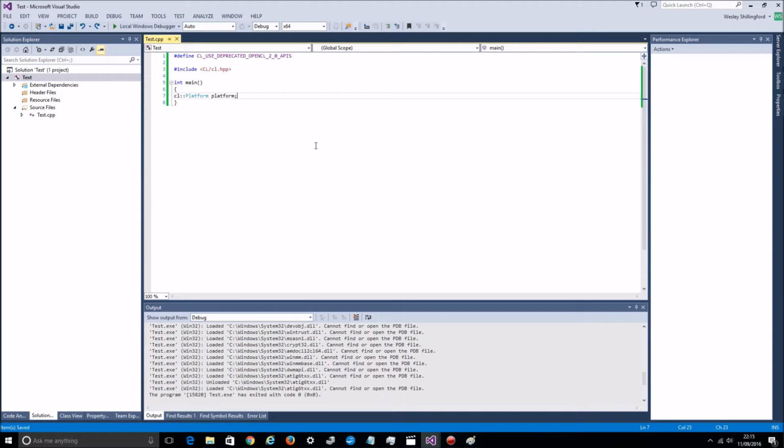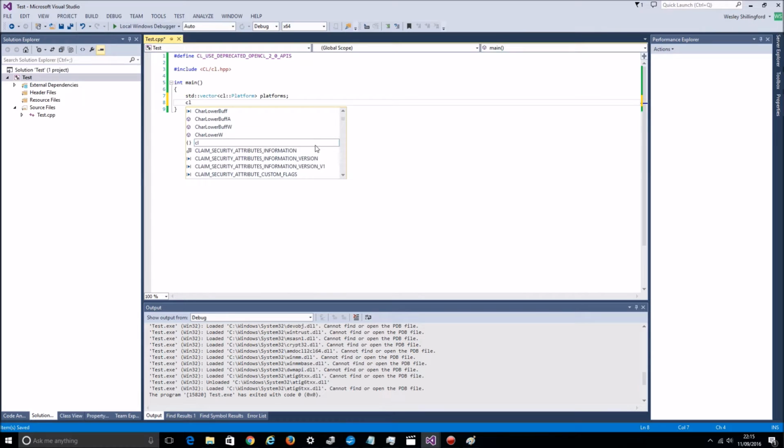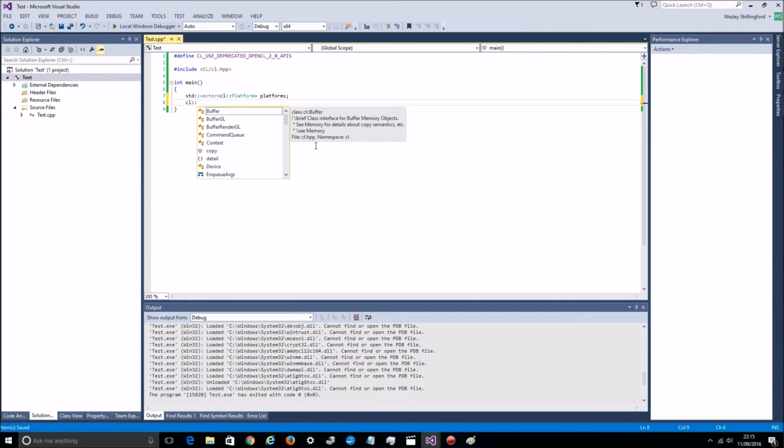So how do we actually check which devices on our system actually support OpenCL, and what version of it do they support? So we'll find out. So the first thing we want to do is get a list of all the platforms installed. So I'll just create a vector of platforms,